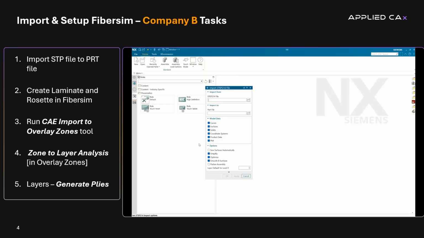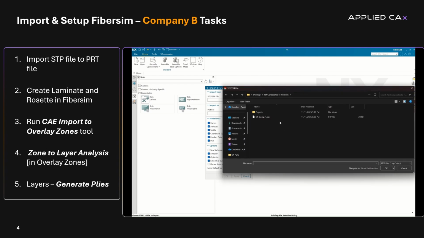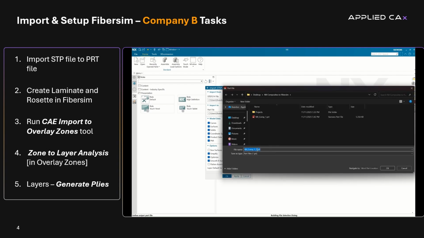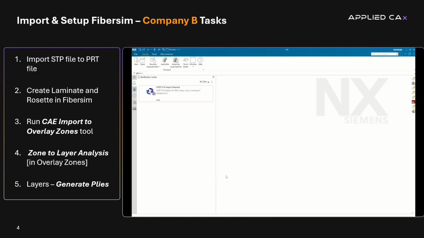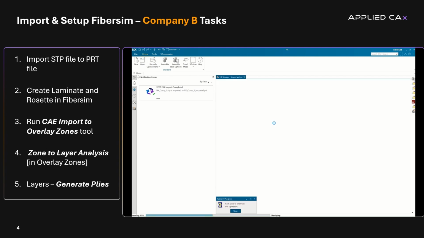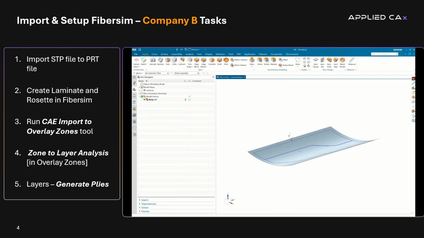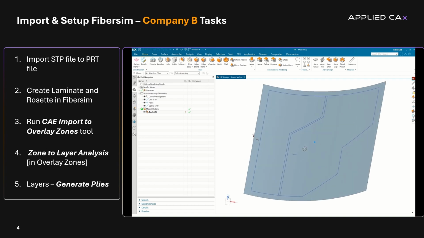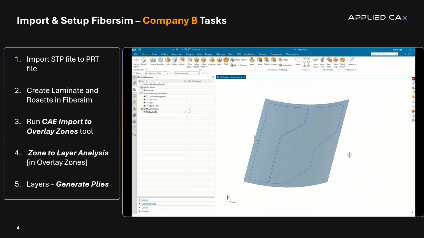Company B will start by importing the step file into NX. We'll grab that file and click OK, and it's going to process that. And now we can open that part. Note that it just has the non-timestamp geometry and the body because it was just a step file that we imported. Now we can open Fibersim